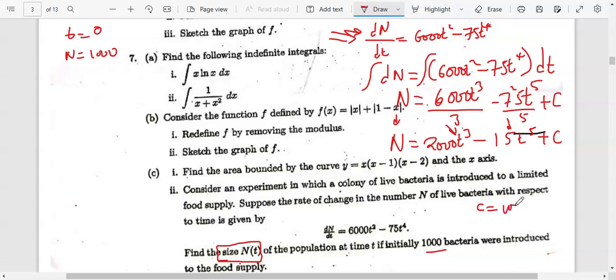So I'm going to find that c is equal to 1,000, meaning that n, which they're calling n(t) at a particular time, is going to be equal to 2,000 t to the power 3 minus 15 t to the power 5, and then plus c, which is 1,000. So this is the size expressed in terms of time. So if they give you, maybe after 5 hours or 5 days, you can